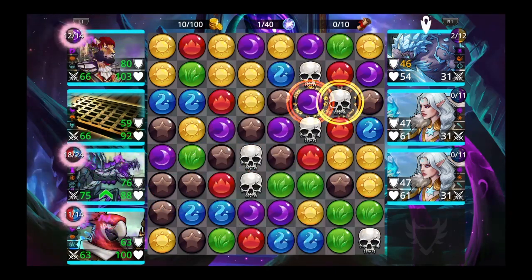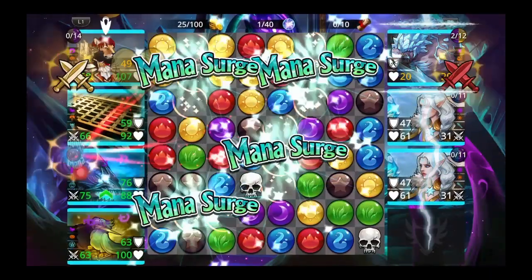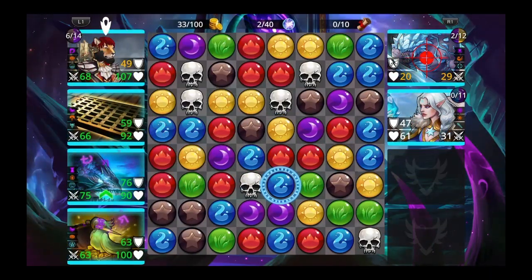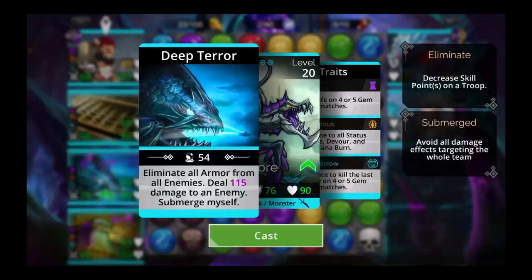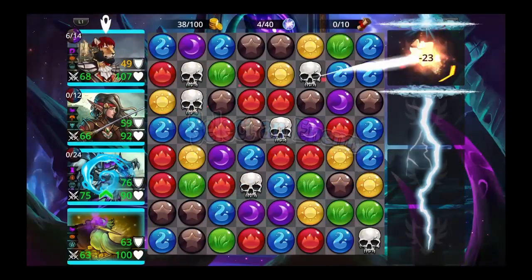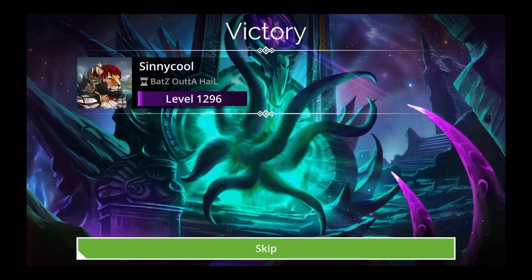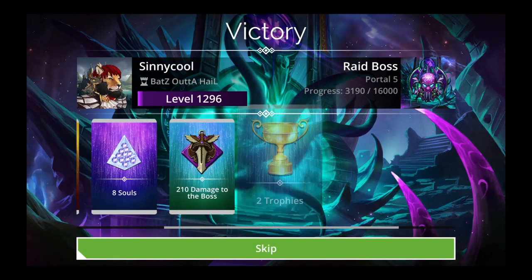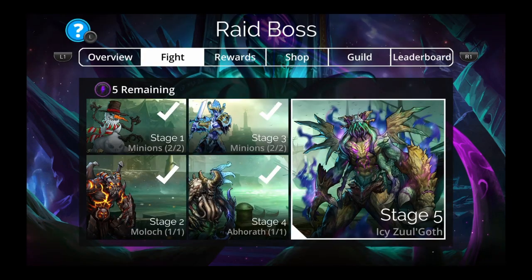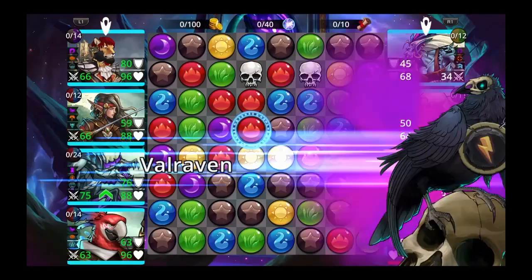Kendra, I like to save for after I cast the ring, so that way the ring can fill up Megavore. Then you cast Megavore. He'll strip everyone's armor and kill somebody, and then Kendra will kill Zul'Goth easily when he has no armor left. She can one-shot him with armor, but when she gets that kill, she gains all of her mana back, and you can cast her again next turn,